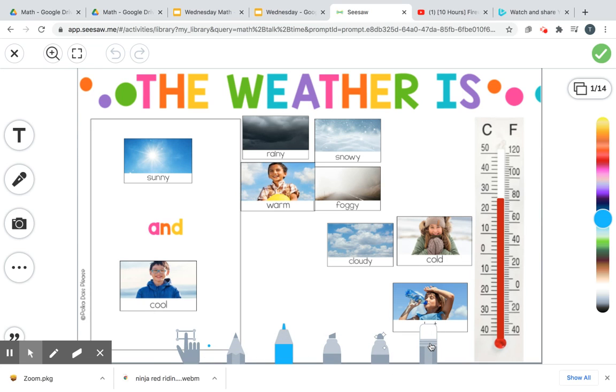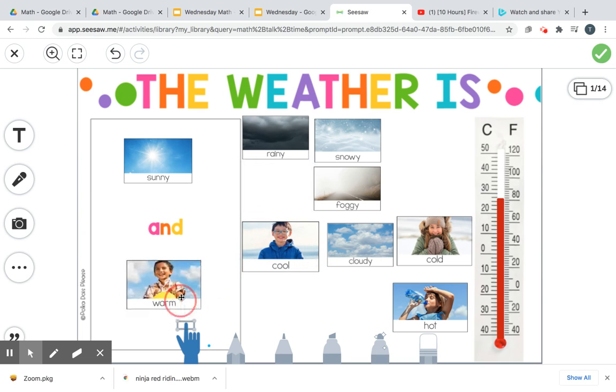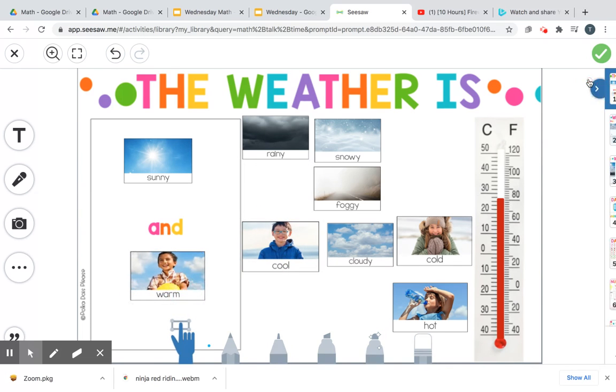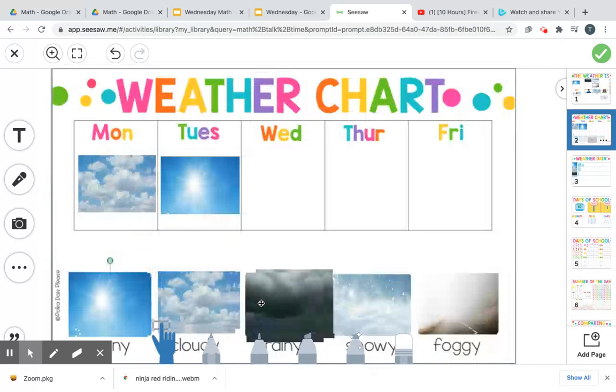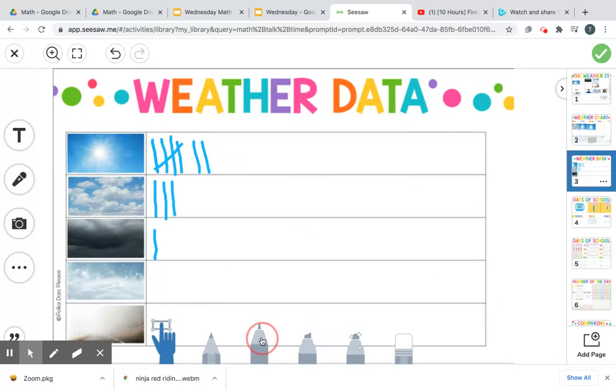Okay, guys, let's do some math talk today. So it's sunny, and you know what? It's getting warmer out. So I'm going to say sunny and warm today. Let's add it to our weather chart. Another sunny for this week. I like sunny days. Okay, we're going to add a tally mark for sunny, so that leaves us 8 sunny